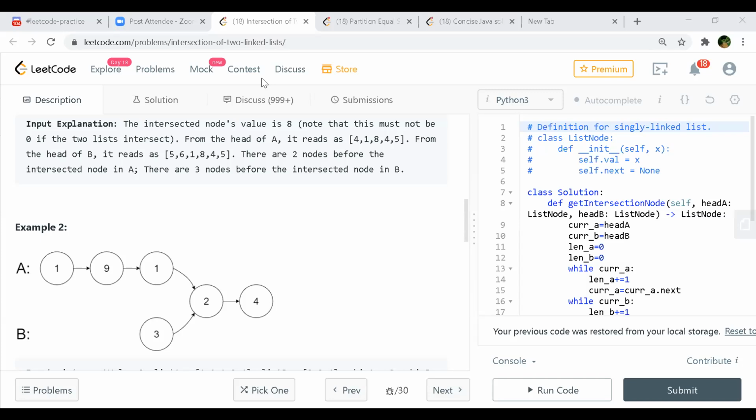Another approach I think is you travel both lists to the end, and then you kind of reverse, right? As you reverse, you check if they are the same address. This can be a candidate, and you reverse it again. If they're the same address, that's a candidate too. But then when you go to the next one, a different address, then you know the last one is the correct one, right? You follow me? You go all the way to the end, and then for each you go all the way to the end, you reverse them.